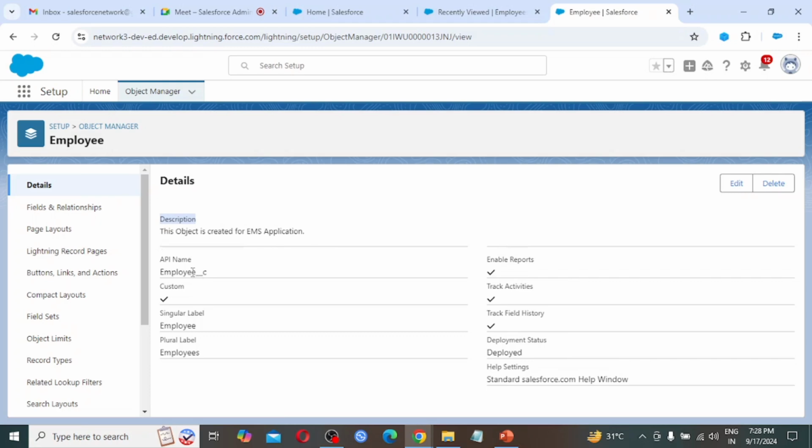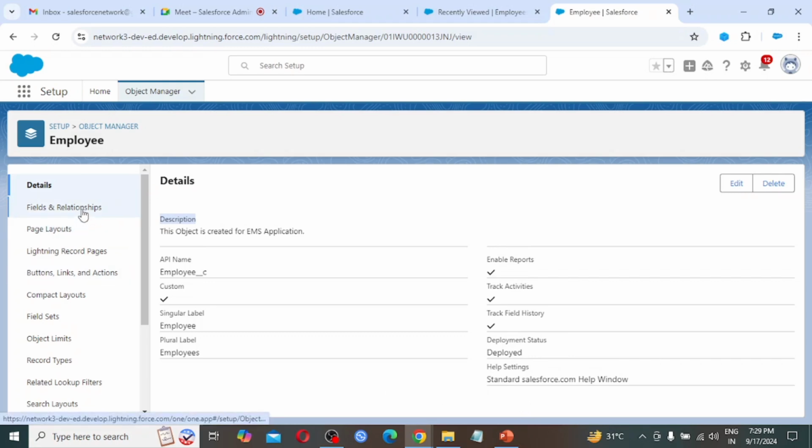The API name is going to be used for configuration or customization in this Salesforce organization. This is of custom type. We had given the singular label employee and the plural is employees. We had enabled reports, track activities, track field history, and for deployment status we chose the deployed radio button.